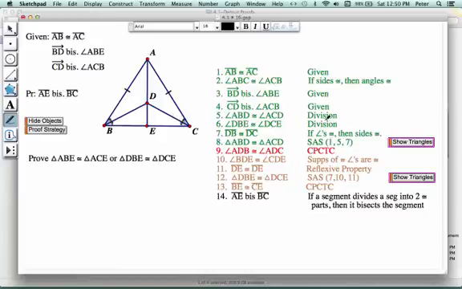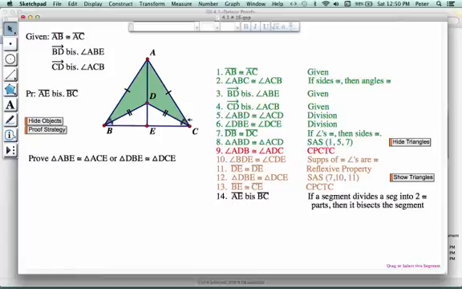Well, then the smaller angle, DBE, is congruent to DCE. So therefore, DB is congruent to DC, because if angles are congruent, then sides are congruent. So that allows us to show that these green triangles,